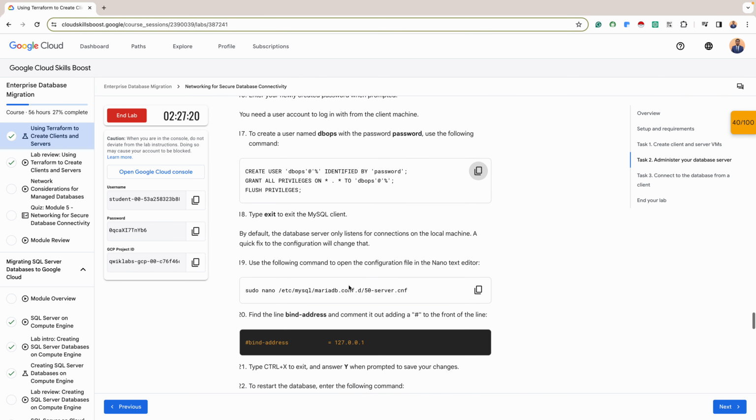So that's regarding that. So the next thing we want to do is by default the database server only listens to connections on the local machine. So we can do a quick fix to the configuration that will change that. So we want the database to listen to other connections outside the local machine. So to do that, we'll just